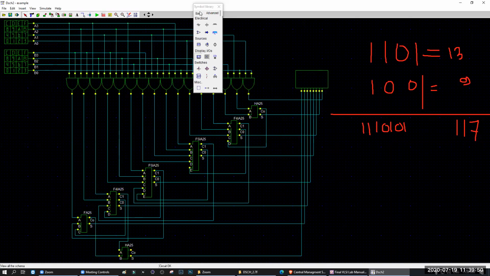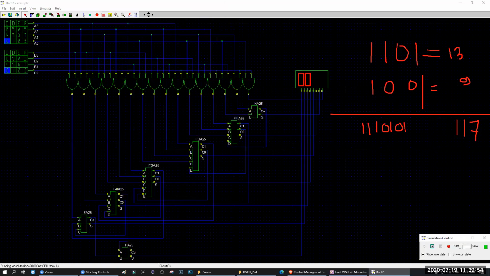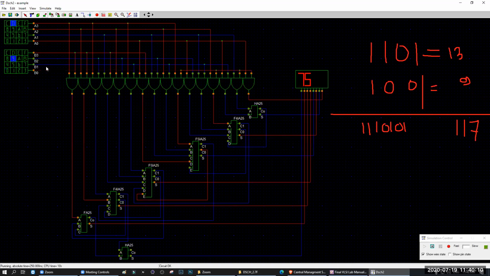If we use this 8-bit display and give the input in hexa, let's say 13. 13 means 1101, which is D. See, how can you know that? It's red, red, blue, red. So 1101. 1001 is 9. So your result is 75 in hexa.